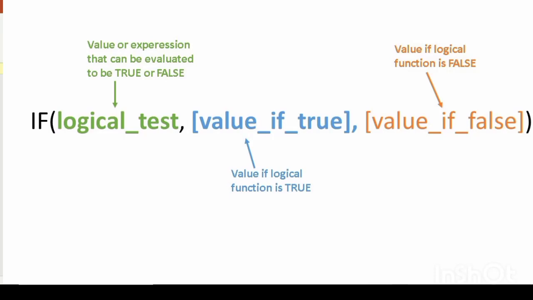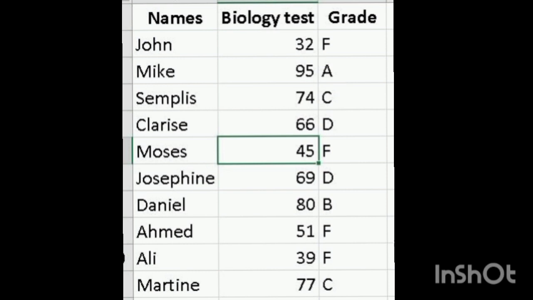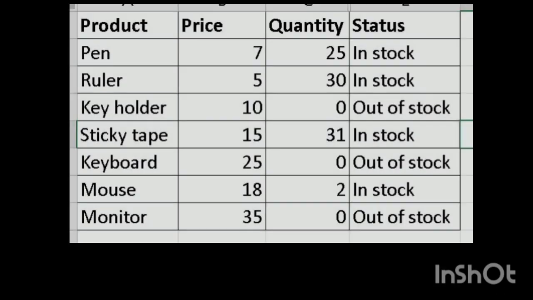In this video, I will show you what the if function does, how to write it, and some examples of how to use it in different scenarios. The if function allows you to perform different actions based on whether a certain condition is true or false. For example, you can use the if function to check if a student passed or failed a test, or if a product is